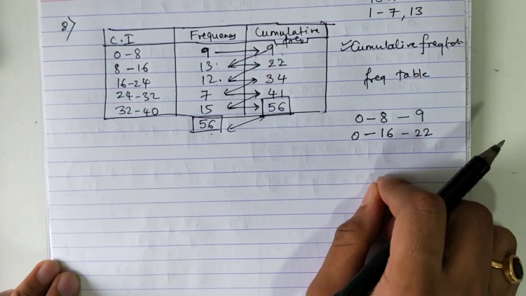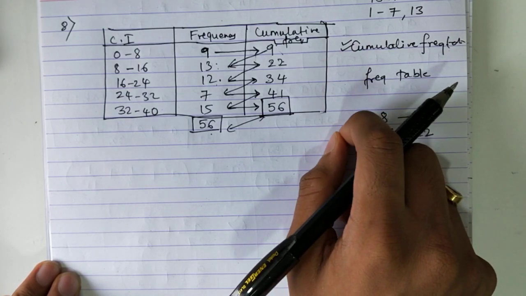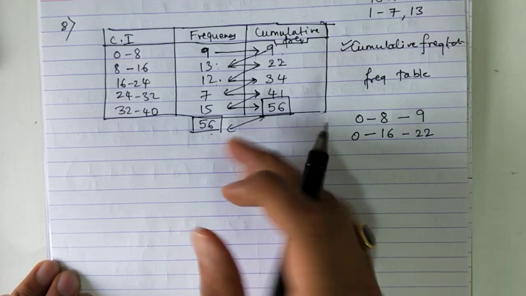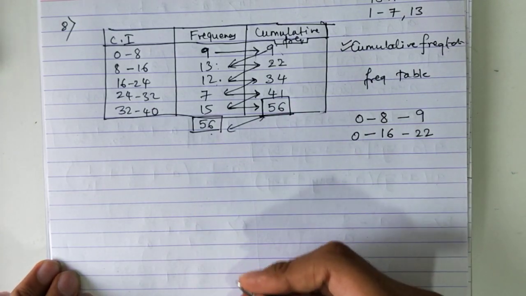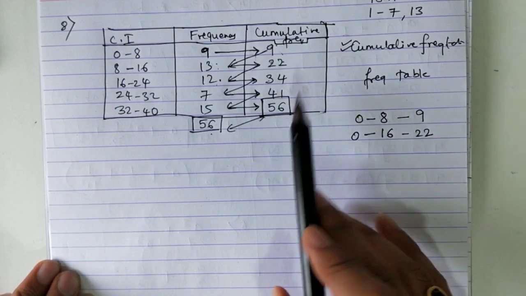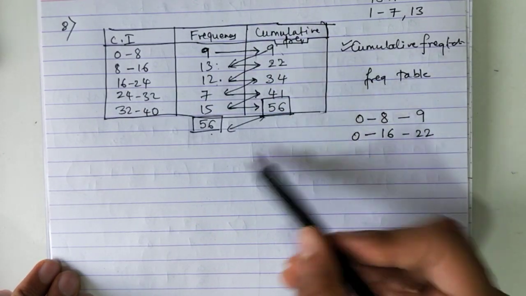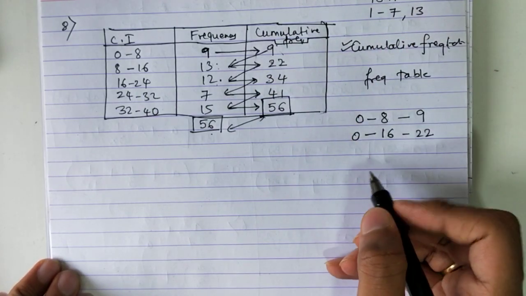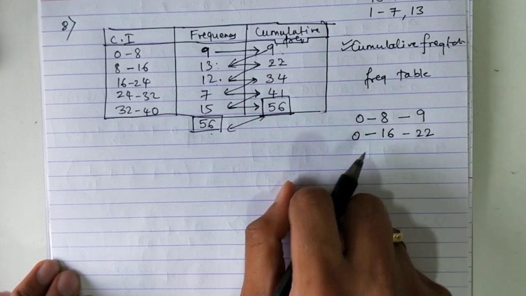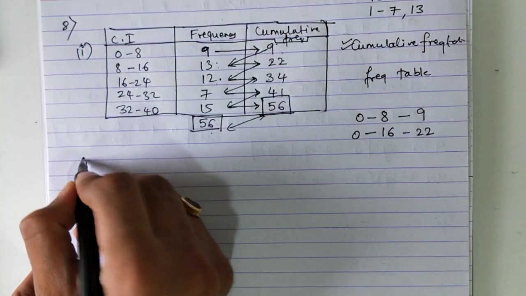But the most important part here is that you should understand what is asked. The most common mistake students make is that they don't know what is asked in the question. Like, once we do question number 10 and 11, you will see they have given the cumulative frequency and they are asking you to find the frequency. The method changes, but students simply find the cumulative frequency again. So always read the question properly and understand what is asked. So this was the first part. Let's do the second part now.